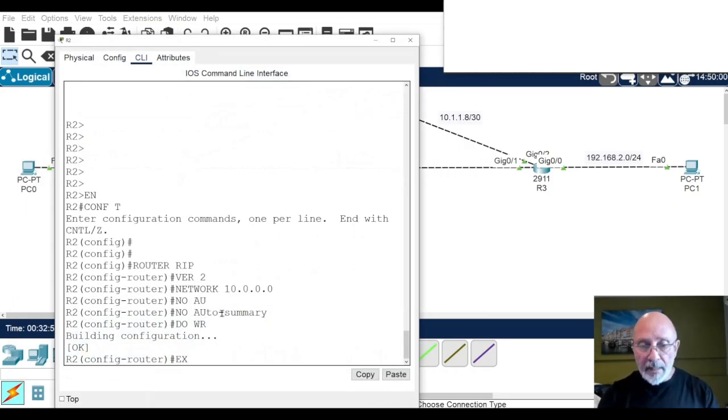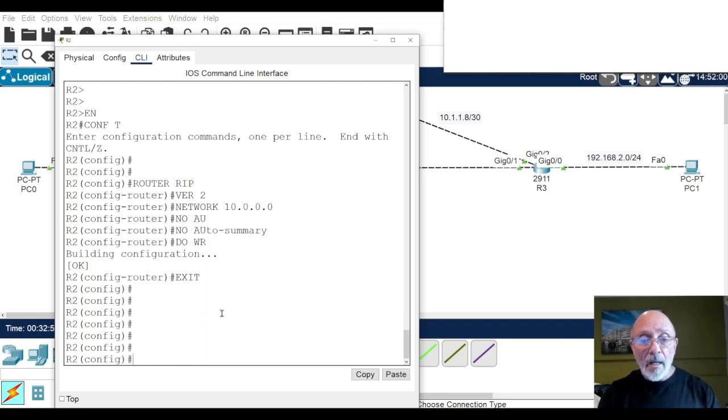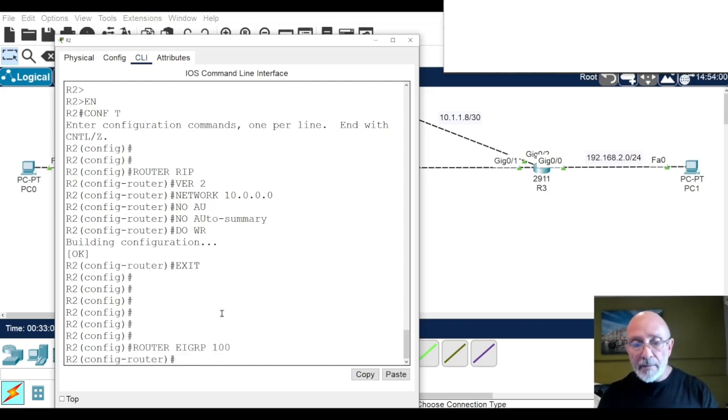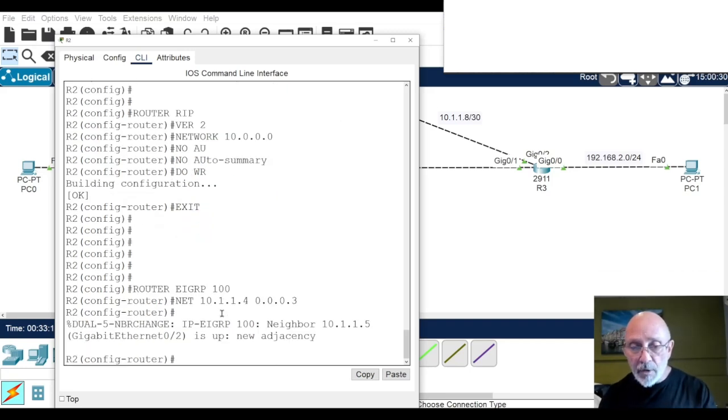All right, we're going to exit out of here. Small keyboard. Gotta hate small keyboards. Router EIGRP 100, network. So there's only 2 networks here, which are the top networks. Network 10.1.1.4 0.0.0.3. See, we build a new adjacency, which is good.